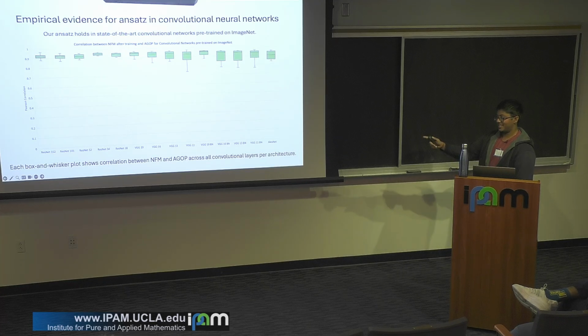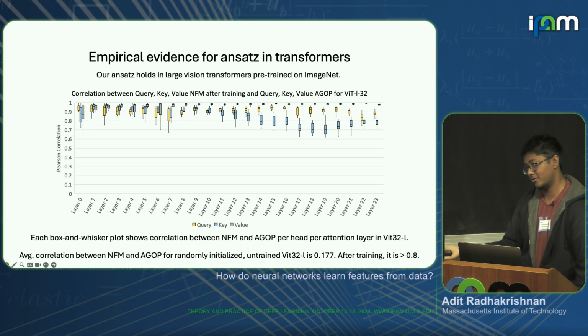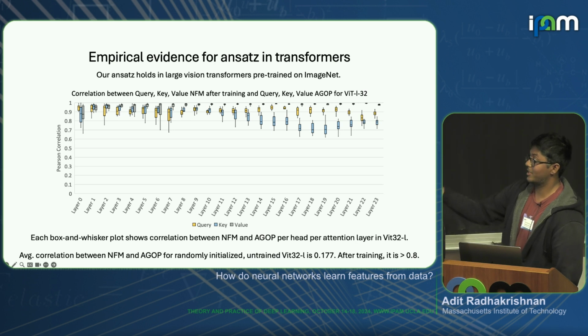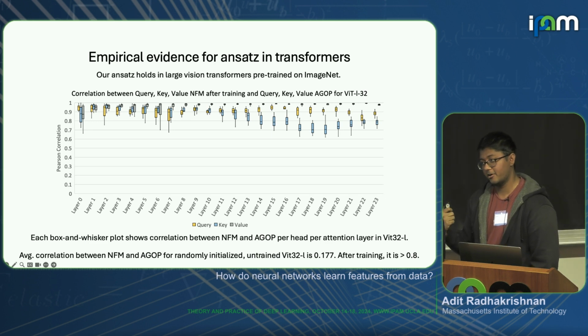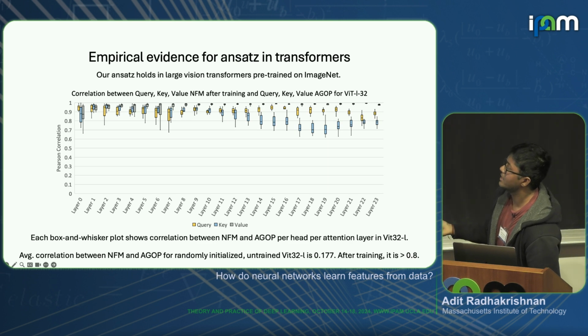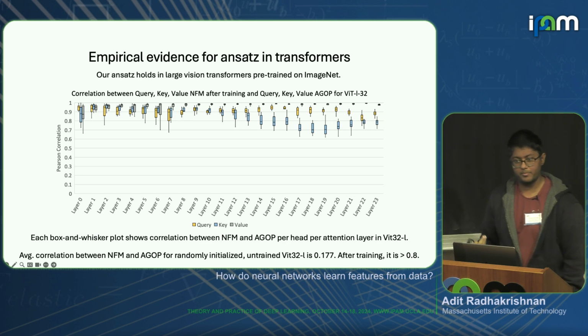Great. So I didn't do it for this one, but I have it for ViTs, which is what I'll show next. If you do random initialization for ViTs, the average correlation is like 0.17. But after training, you'll see, this is a pretty crazy box plot because this is ViT 32L, but you have features for every single head in every single key query value matrix. So you'll have an AGOP for each of those, and we can measure correlation. The box plots here are per layer across all of the heads in that layer. In many cases, you see it's slightly lower in some of the later layers for the key weight matrices, but in general, it is still quite high, far higher than what you would get with random initialization.